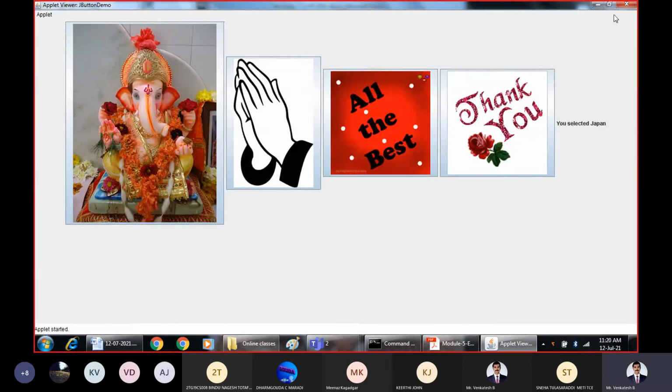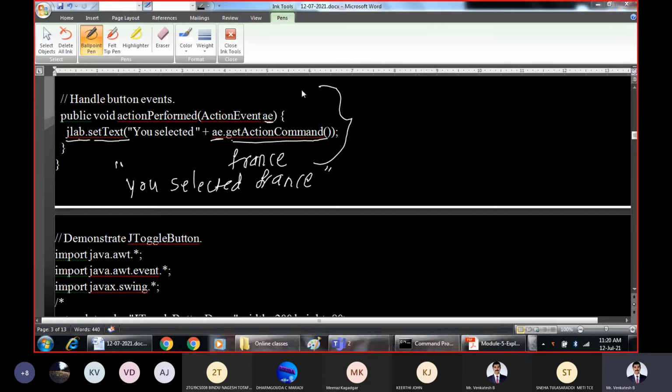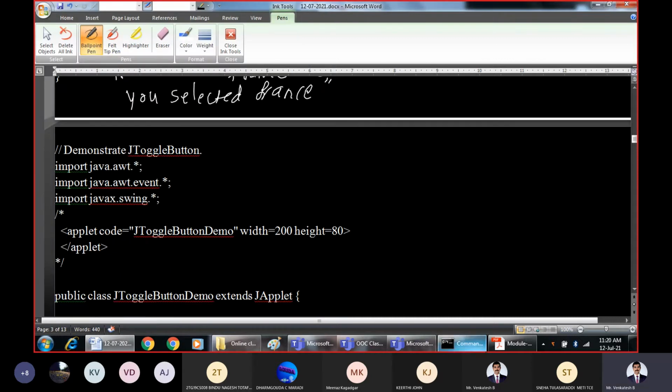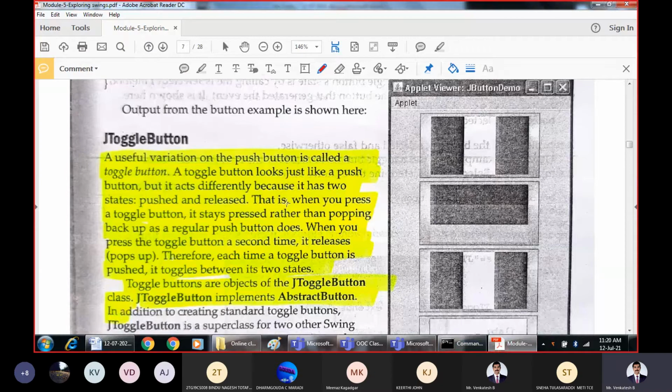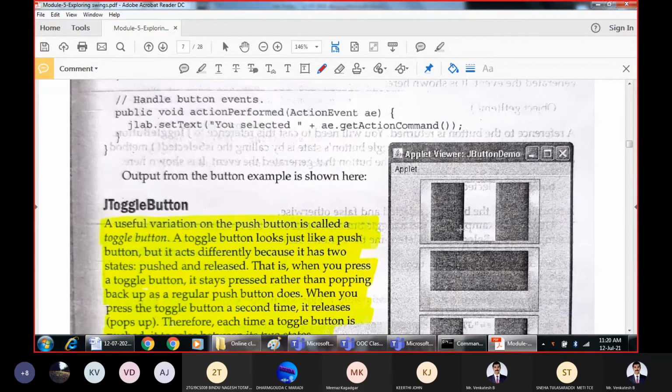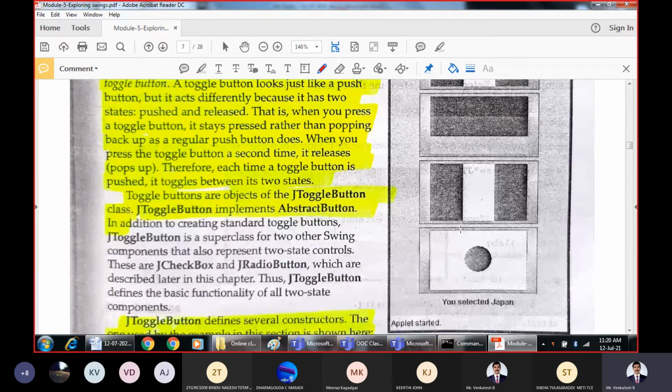Okay, this was one sample applet, a Swing based applet, which demonstrated different Swing buttons, 4 types of buttons.